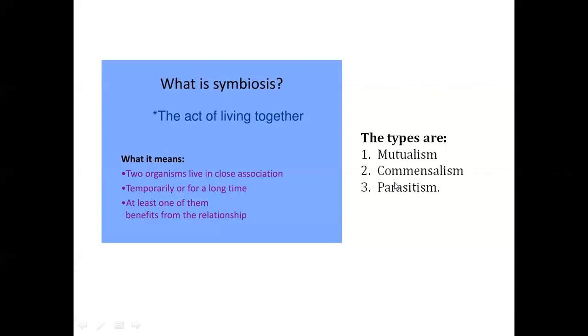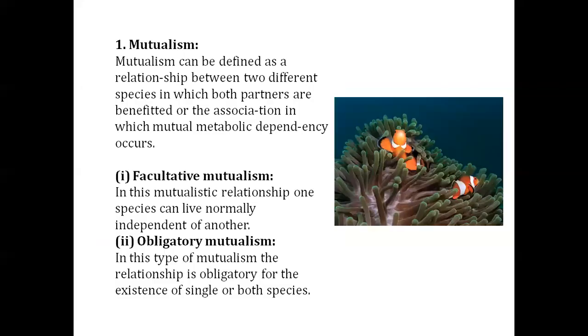But there are three types of symbiosis. Symbiosis is mutualism, commensalism and parasitism. So these are the three types of symbiosis. We are going to discuss them one by one. First is mutualism. Mutualism can be defined as the relationship between two different species in which both partners are